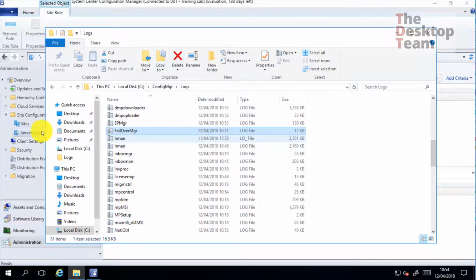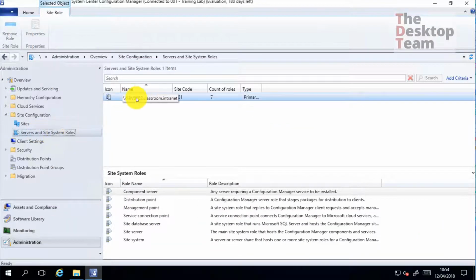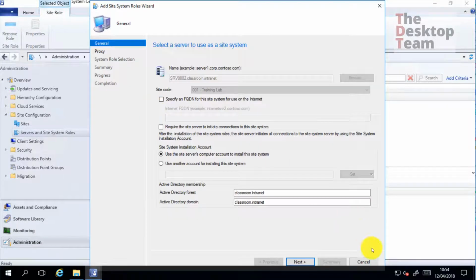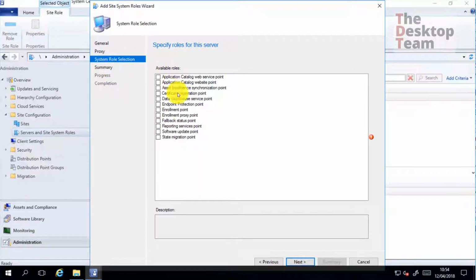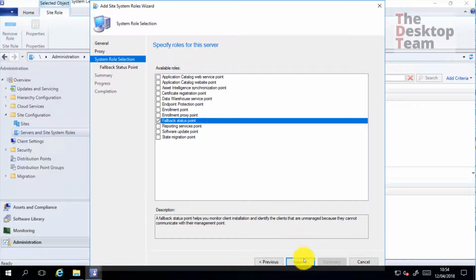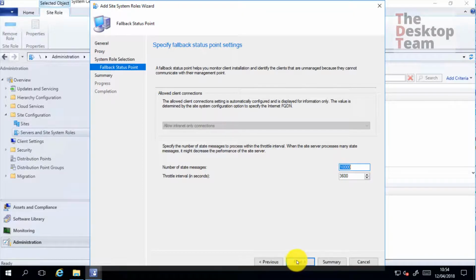So how do we install? So I have here the servers. I will add it to an existing server, but I could create a new server, which is recommended for a large environment and security reasons. And on the system role selection, I will select the fallback status point. And you can see here it added a node. So let's click next. And here, what kind of connection? So we can only have intranet only right now because everything is HTTP. And the number of messages